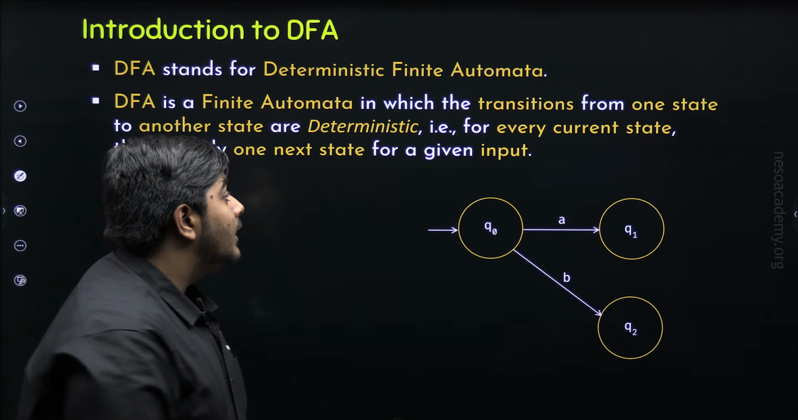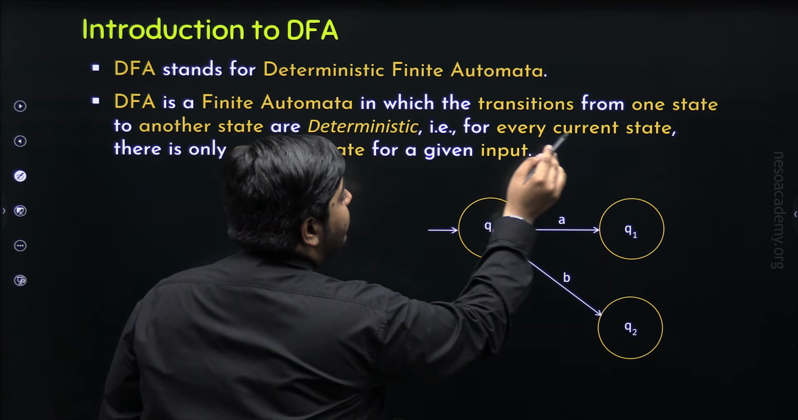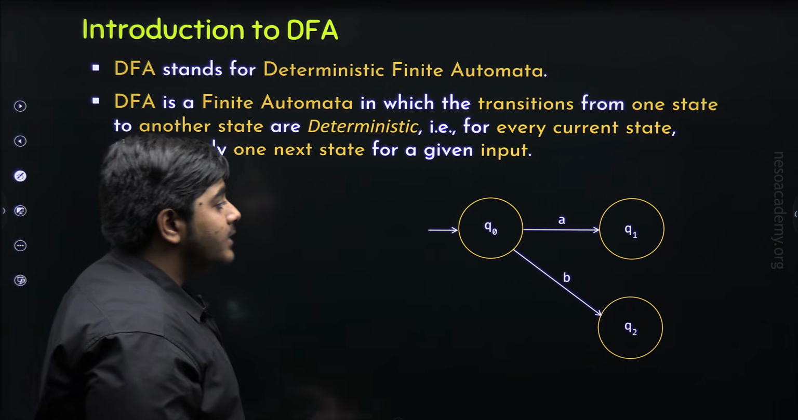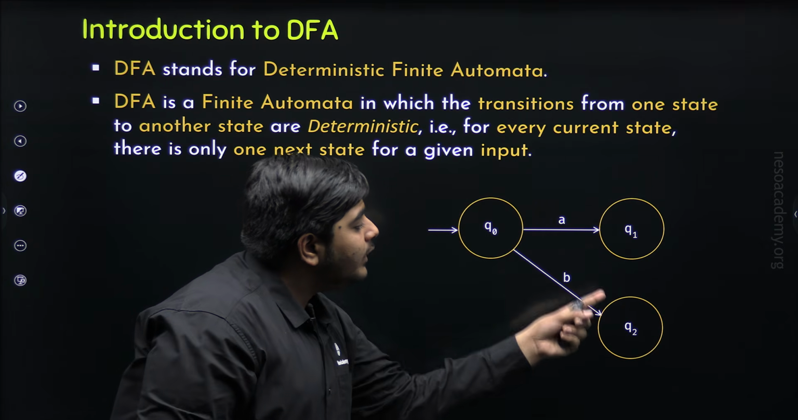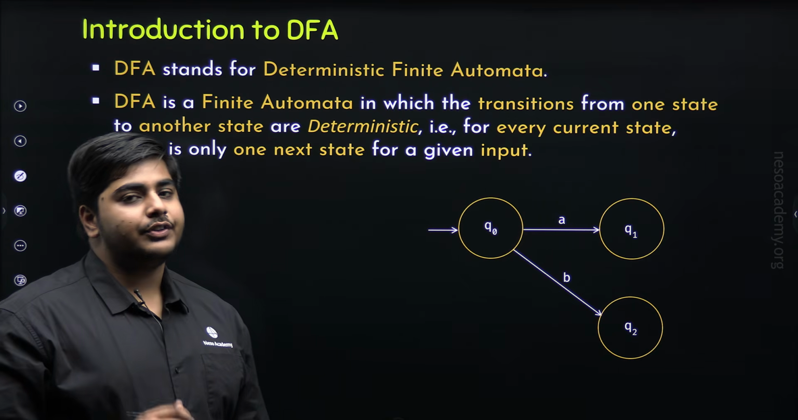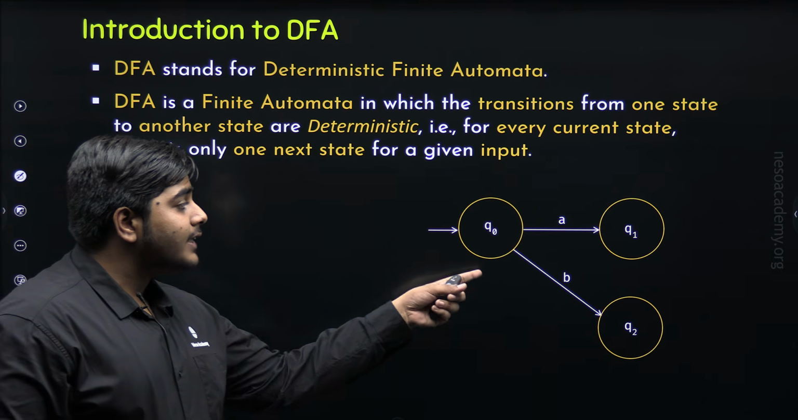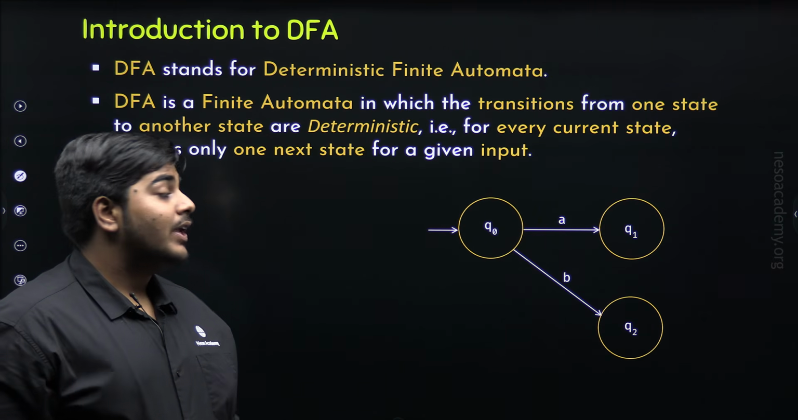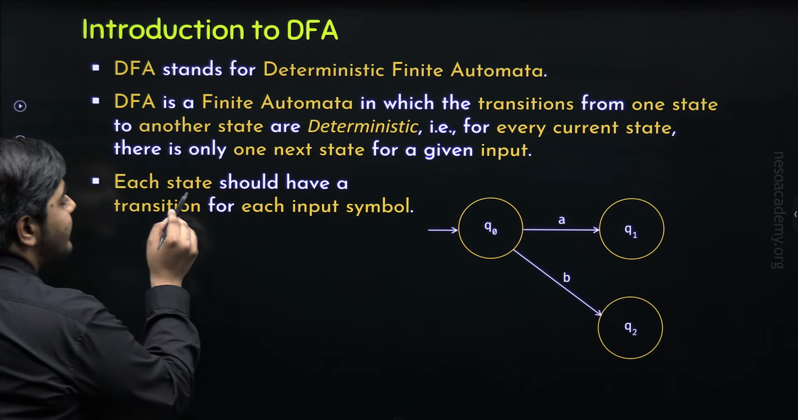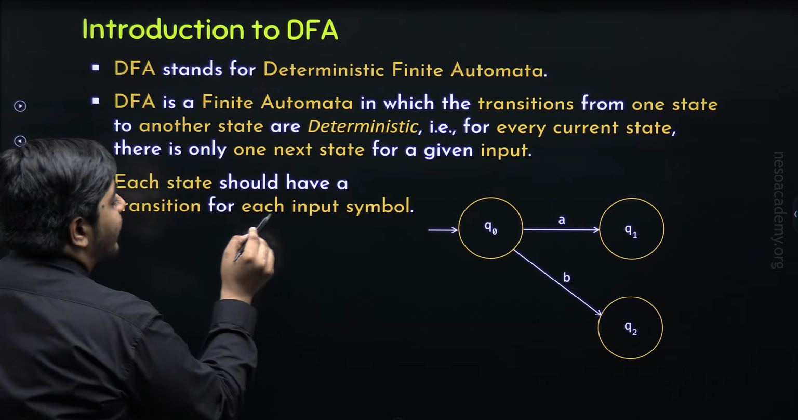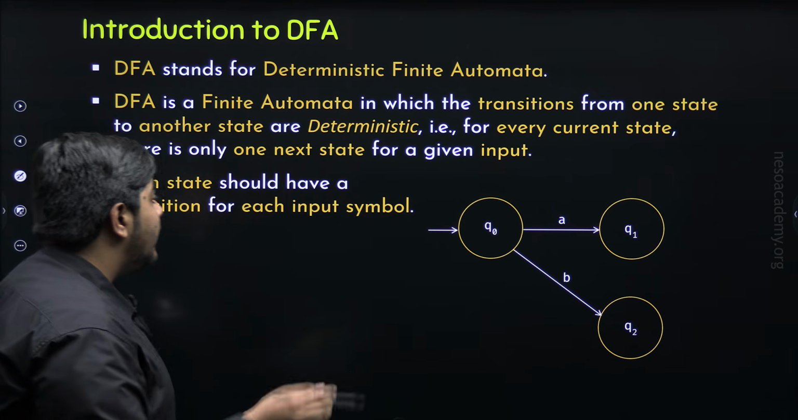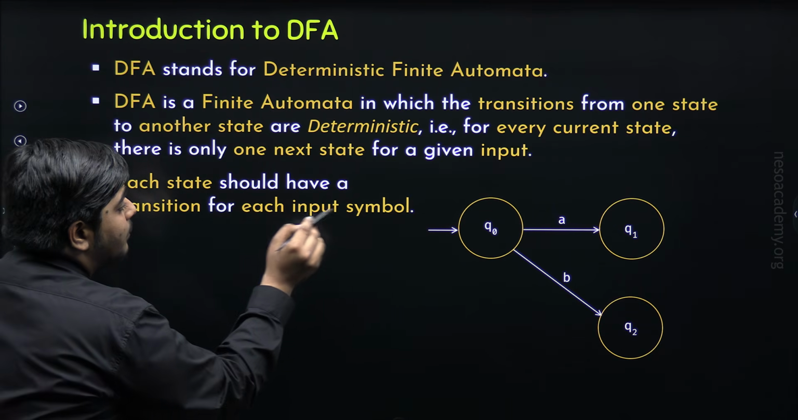So we can conclude that in DFA, for every current state, there is only one next state for a given input. That means for every current state, there is only one next state for a given input symbol. So I hope you have understood this point. Now, do you think it is a complete DFA? No, it is still not a complete DFA because in DFA, each state should have a transition for each input symbol. That means for every state in a DFA, there should be the transition for each input symbol in the